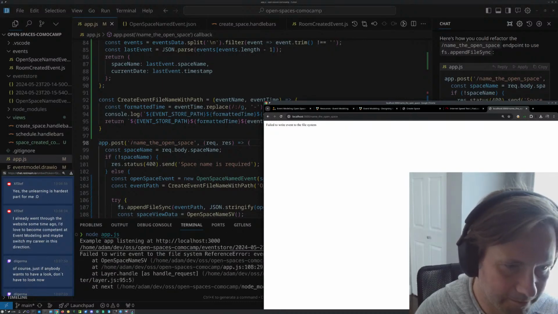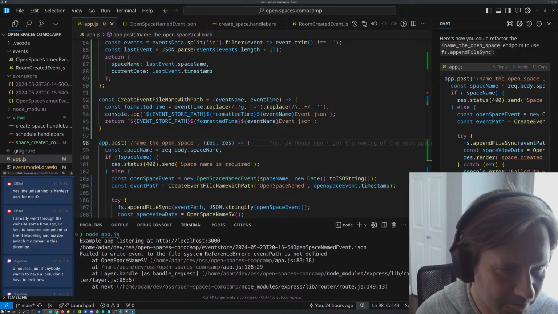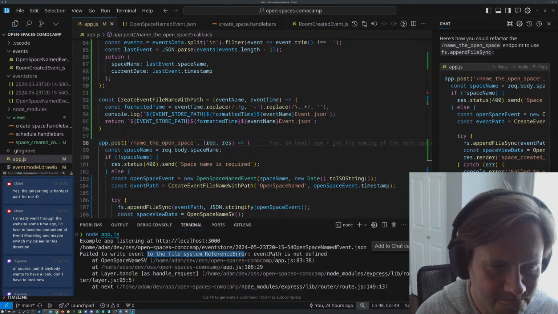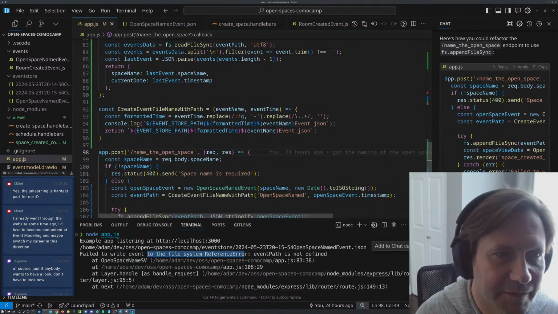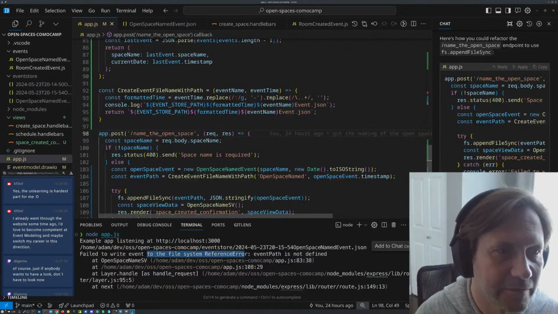What did it say? Event store, blah, blah, blah. Failed to write to event path. Event path is not defined. So that's fine.